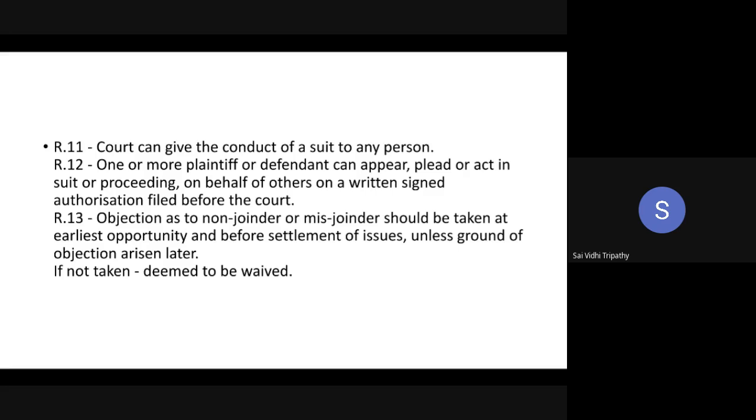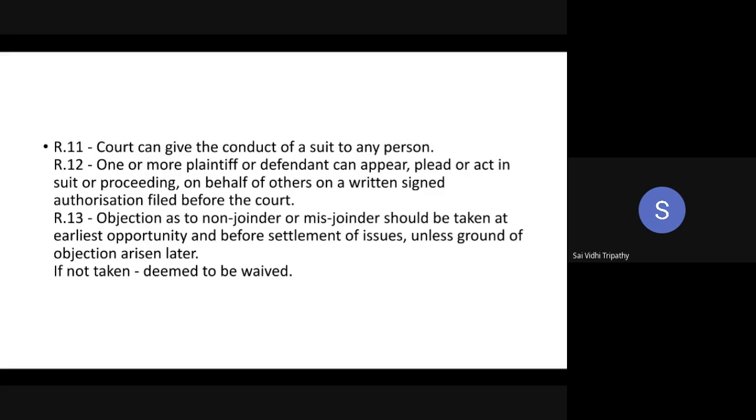There is no time limit here; at the earliest opportunity you have to file that objection as to non-joinder or misjoinder, as the case may be. But the proviso is that it has to be filed before settlement of issues, unless the ground of objection arises later. For example, after settlement of issues, an amendment happens,